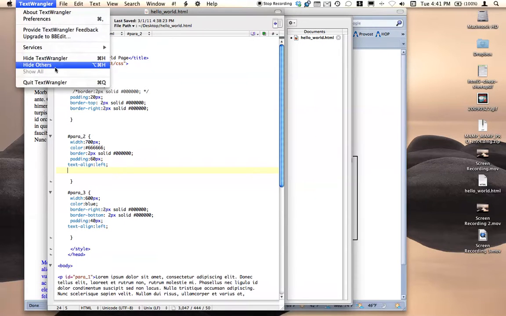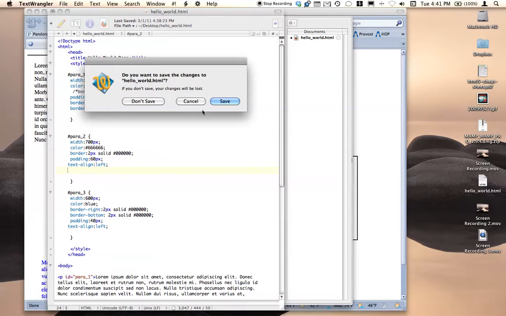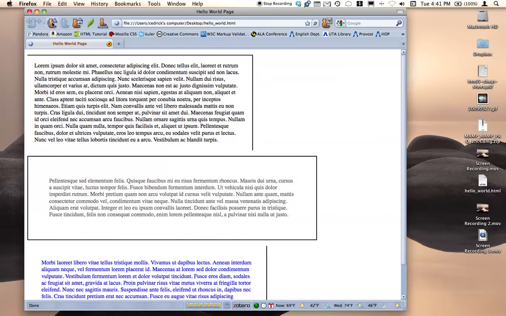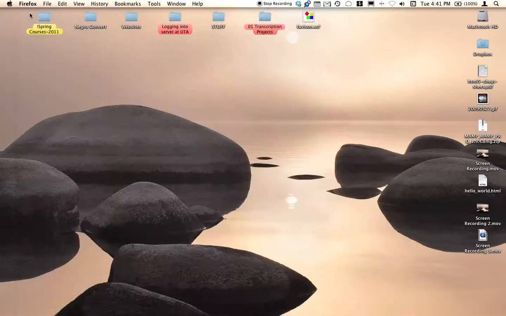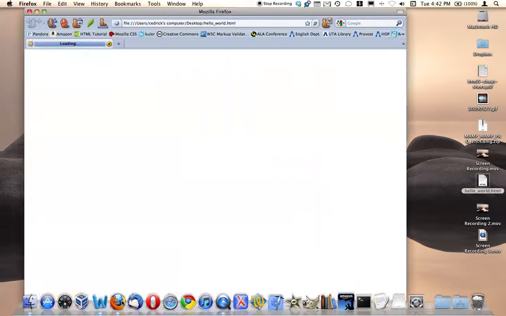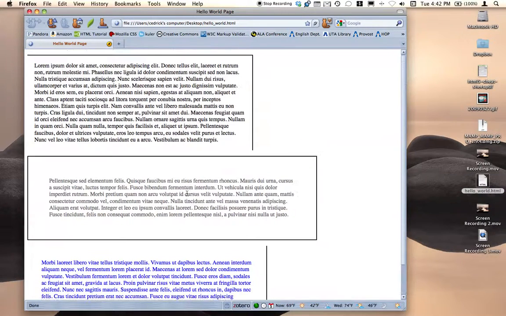What I'm going to do first is quit Text Wrangler. Let's save everything. Okay, let me quit Text Wrangler. And the first thing you need to do when you're going to start having more than one individual page for your HTML for your website or web page, you'll recall this is what your web page looks like right now